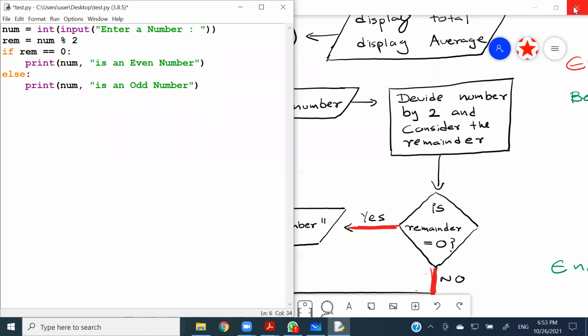Minidi, you have to take two. You have to take two input statements, dear. Then you can